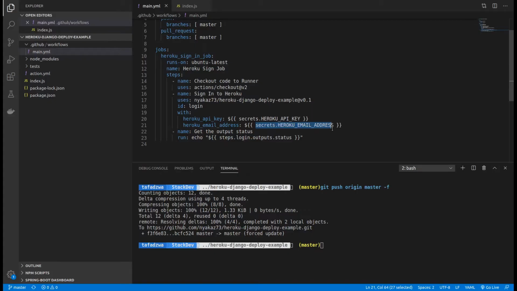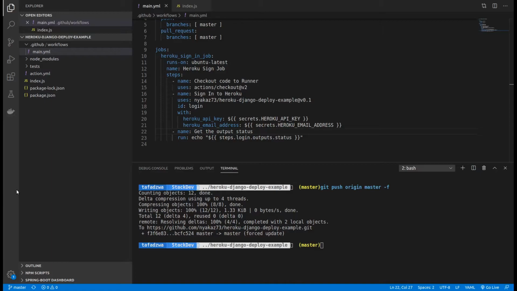The way you put these secrets, the Heroku API key and the email address, is you go to your repository, then you go under settings. If you go under settings, there's a section called secrets, which is the second from the bottom. If you click on that,